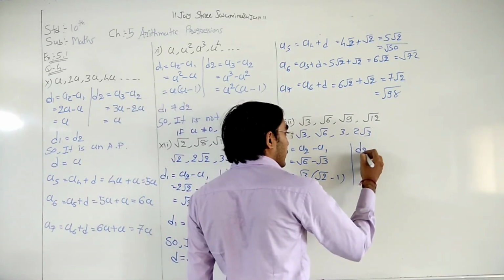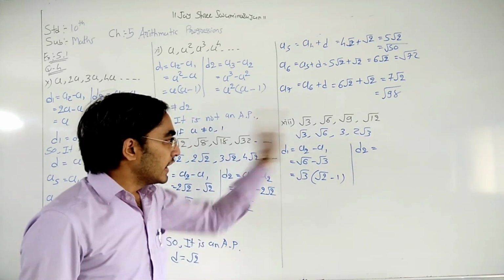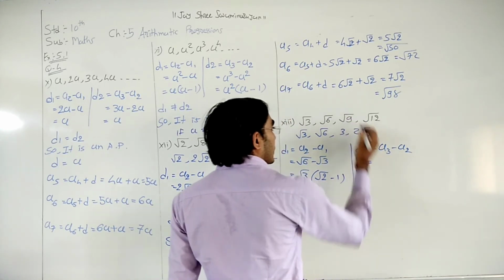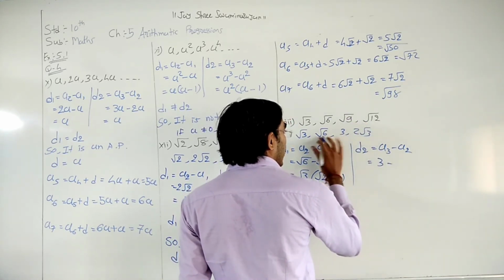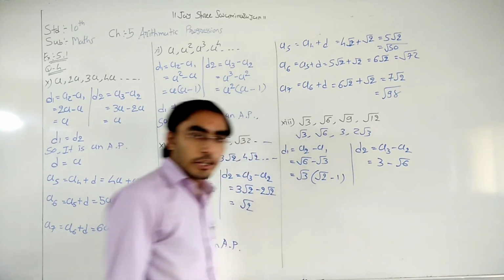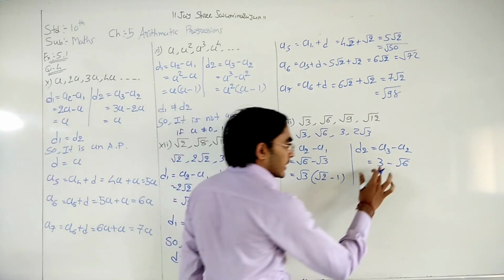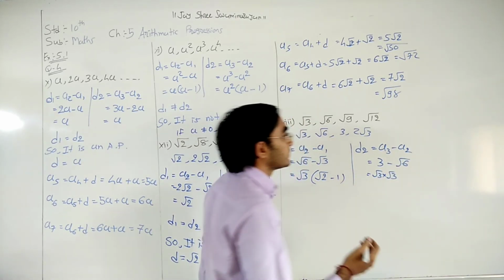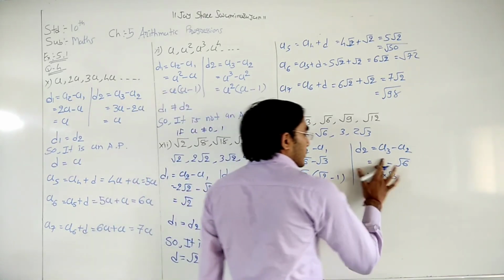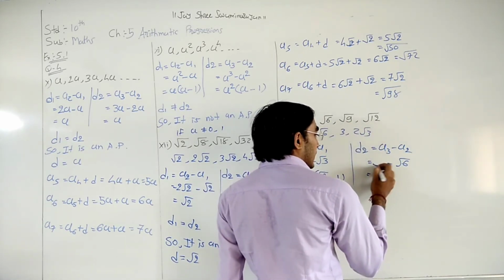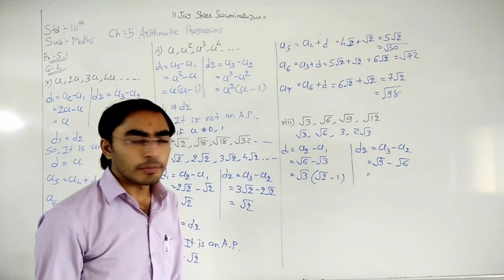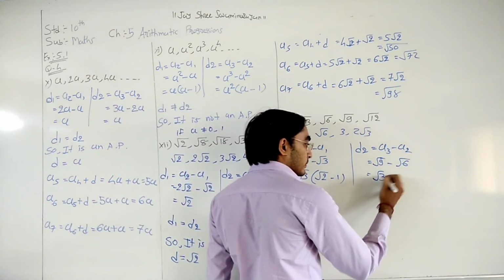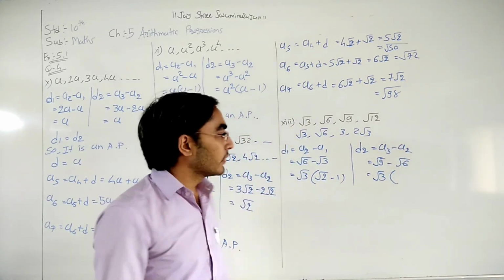After that, find the common difference d2. a3 minus a2. Third term minus second term. The third term is 3, minus under root 6. Right? Here we can write it like this, under root 3 into under root 3. Otherwise, just put here under root 9 for simplicity. And from under root 9 and from under root 6, we can take under root 3 as a common factor.